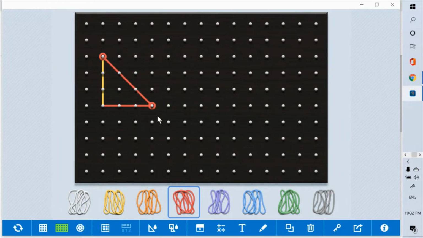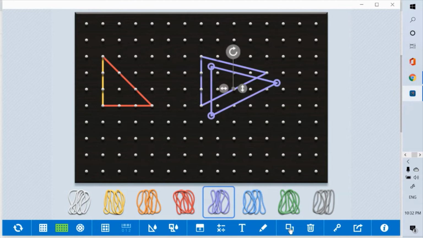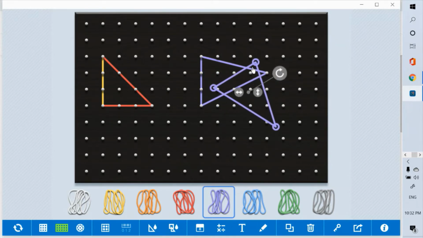So like that, there are more options here. For example, you just want to make a triangle. Then you will take a rubber band, scroll it up, and just drag it and take it there. After making a base, you can stretch and get another vertex, and a triangle of your choice. Now, for example, you want to copy it. You can copy the same triangle, and after clicking it you see you have a copy, and it gives you an option to move. You can turn it, copy it, and make congruent triangles like this, okay?